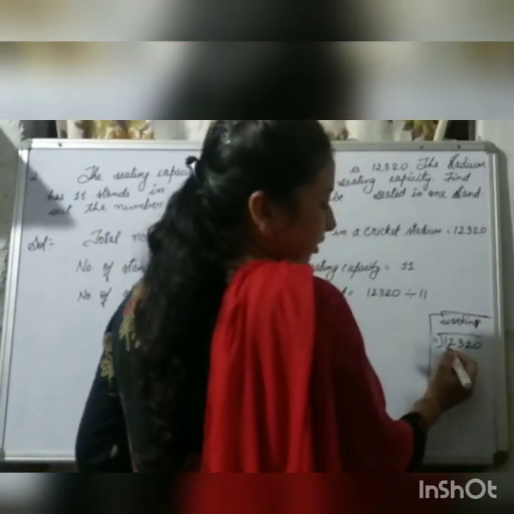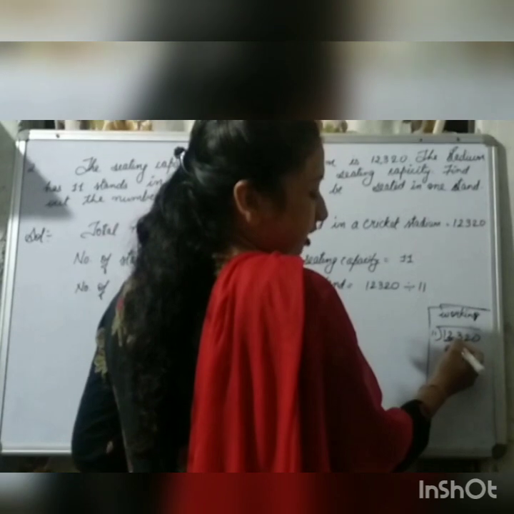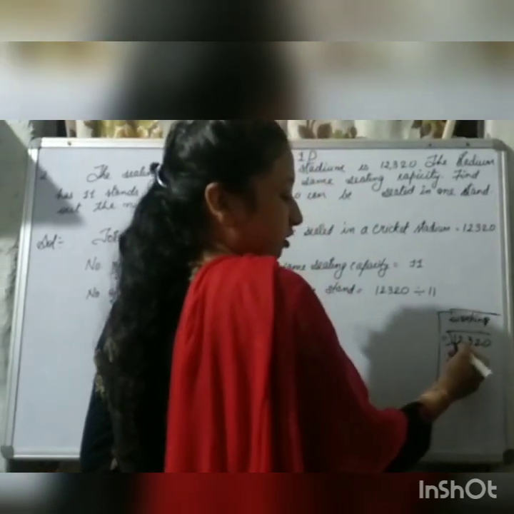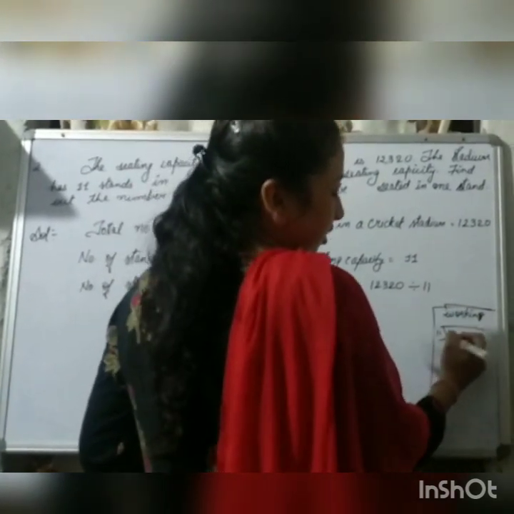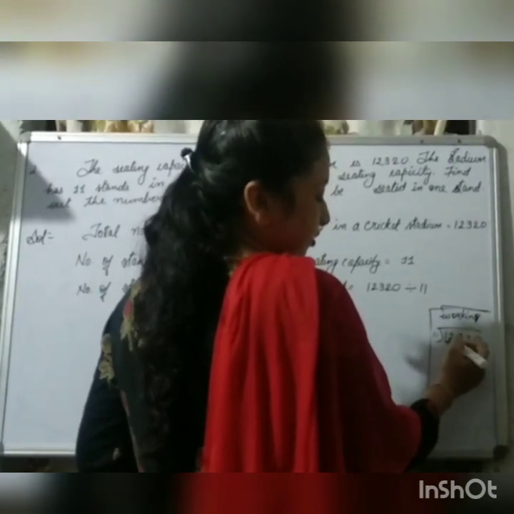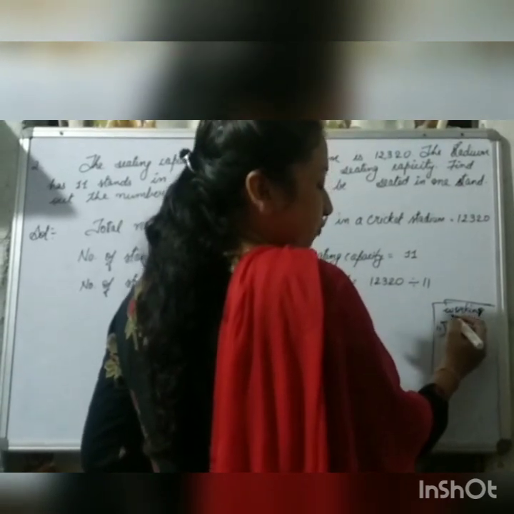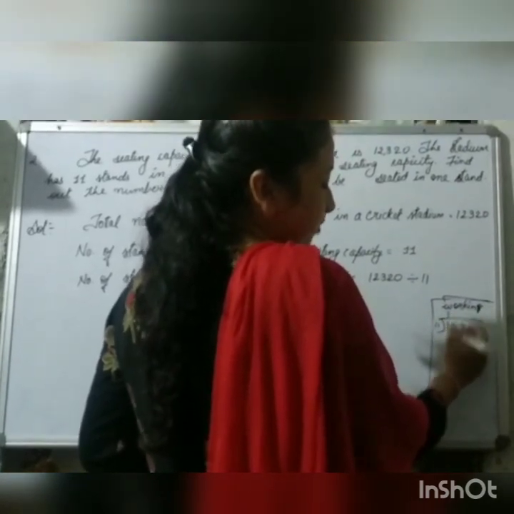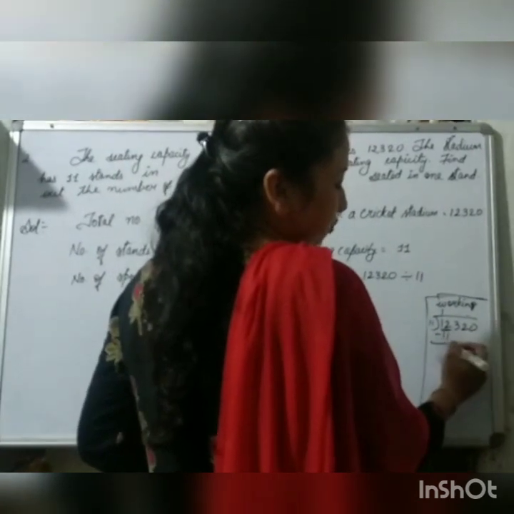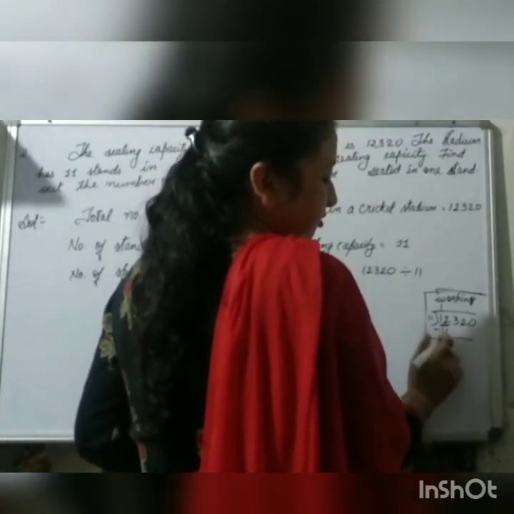Here we will take 2 digits which is larger than 11. We always take another digit to divide. In the table of 11, 12 is not coming, so we will take a number less than 12. In the table of 11, which one is less than 12? 11 only. 11 ones are 11. So here 2 minus 1, 1. Here 0 will be left.